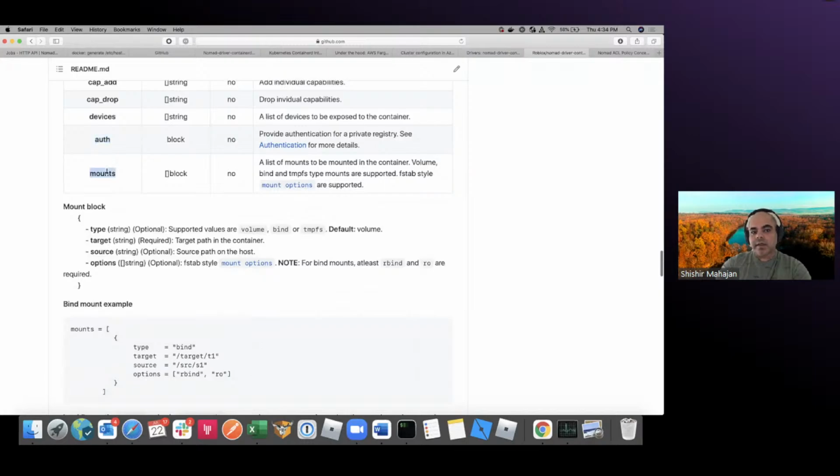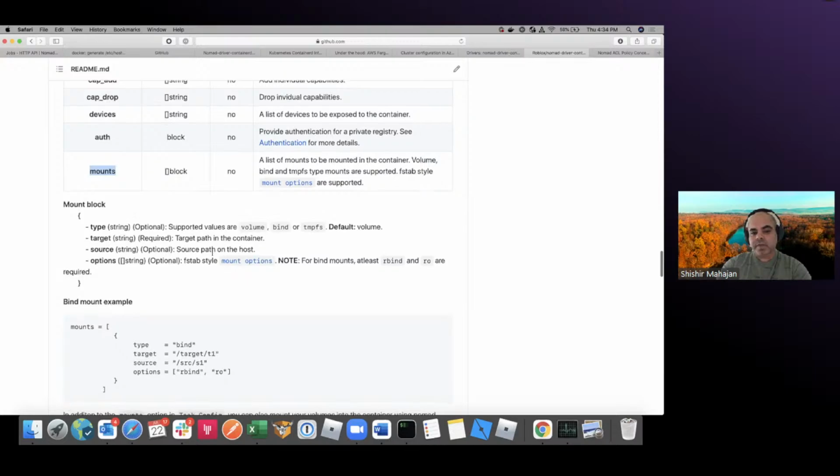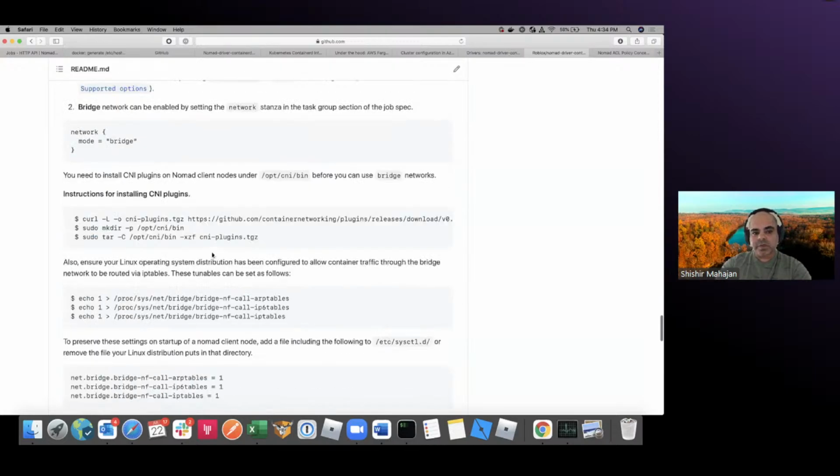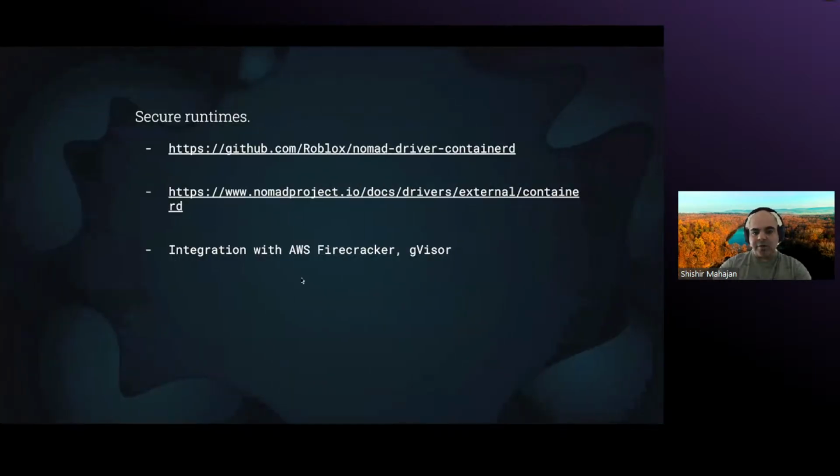So this is something if you are using Containerd driver and you have your CSI plugin, you already have a volume which is being created by your CSI plugin. You can actually mount that using the mount option. Just take a look at the project,